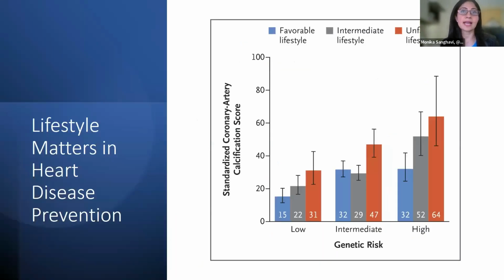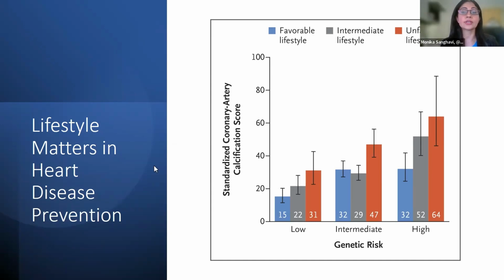So what I hear sometimes is, look, it's in my genes, it's inevitable that I'm going to have heart disease. And it is true that heart disease can run in the family, and if you have certain genes, you are at higher risk for developing cardiovascular disease. However, it's important to know that even in people who have higher risk of cardiovascular disease, favorable lifestyle improves that